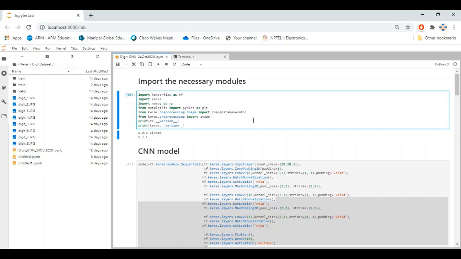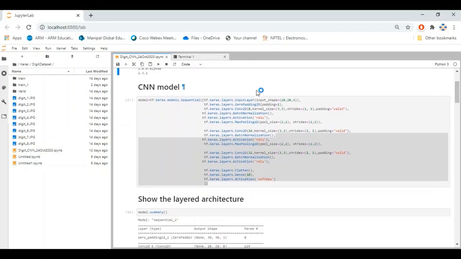And similarly, the second stage over here is constructing the CNN model. As you can see, tf.keras has been used here. There are three stages of convolutional layers. This is the first stage, where you mention the input shape of the image, that is 28 by 28.